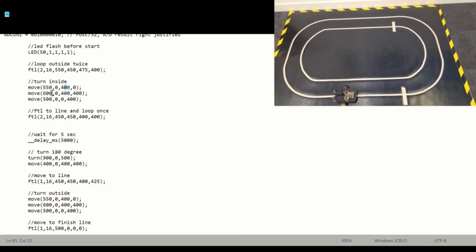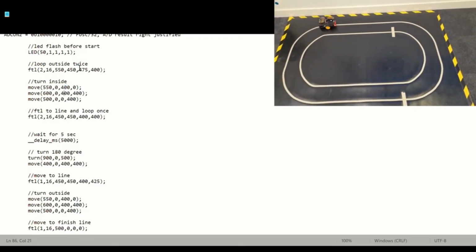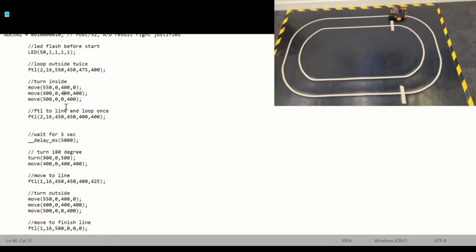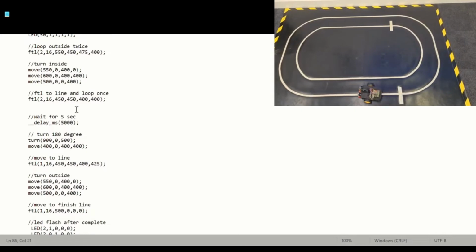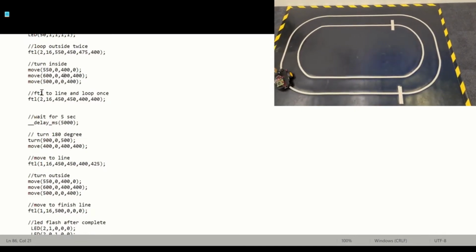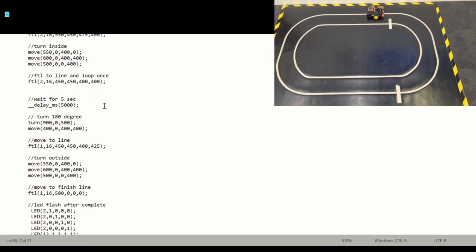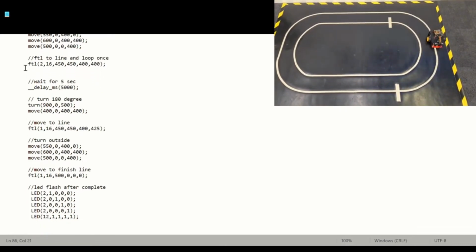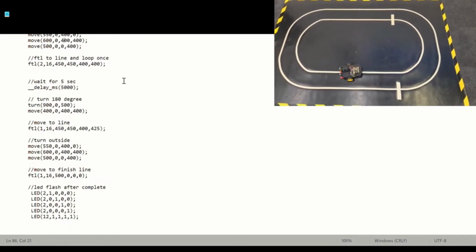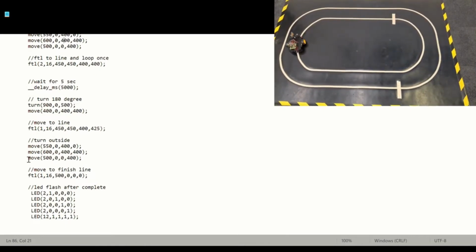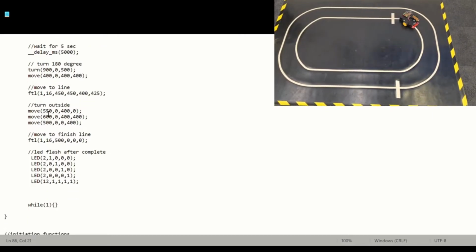So it does this for 550 milliseconds, and then both the left and right motor speeds are the same, so it will keep moving forward for 600 milliseconds. Then in order to align itself to the inner track, it will move to the left again by increasing the right motor speed for 500 milliseconds. We then call the FTL function again to move to the white line, stop there for 5 seconds, and do the 180 turn, go around the inner track for a lap,